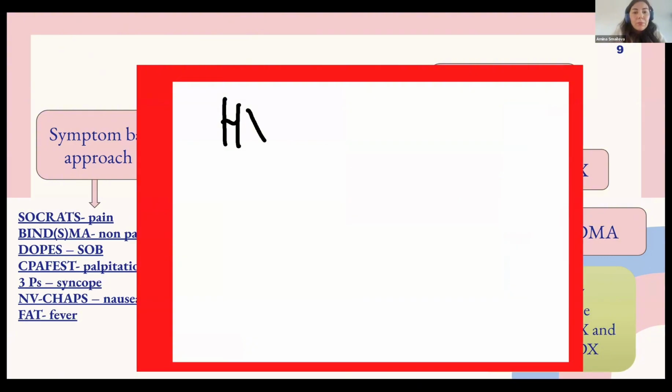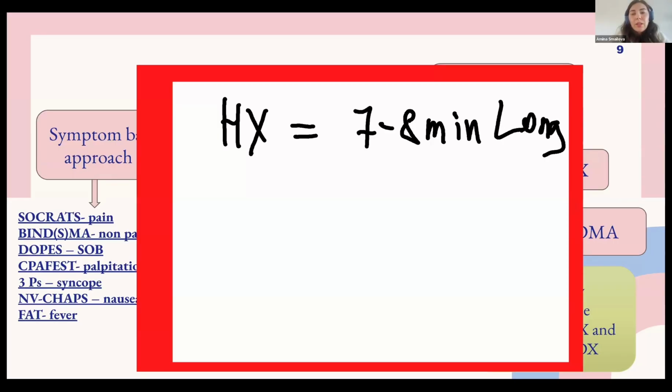So you did the history taking part, 7, 8 minutes. This is for a long history. When the stations are just for history taking, you will get 1 or 2 stations, which I call pure history taking stations, where you mostly do history taking, and then you need to provide a provisional diagnosis, differentials, and management plan. If it's possible, also safety netting. And for the rest, 2 minutes here,